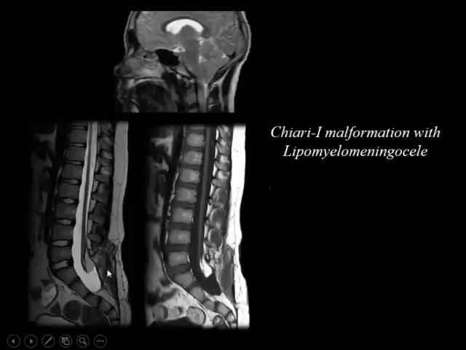Now, this is a child with lipomyelomeningocele. Now, why lipo? You look at the T1 weighted. CSF is dark. There is a white structure here, which is the fat, and there is enlargement of the dural sac, and the cord is tethered to the lipoma. So this is basically still intrasacral. You're not seeing anything coming out through the posterior element defect. So this is a lipomyelomeningocele, which is very well contained within the sacral canal.